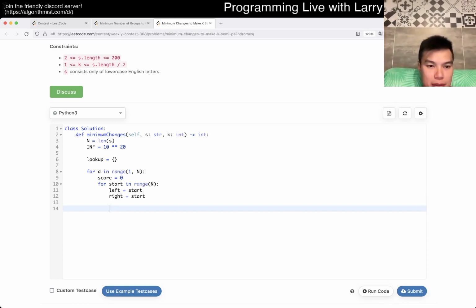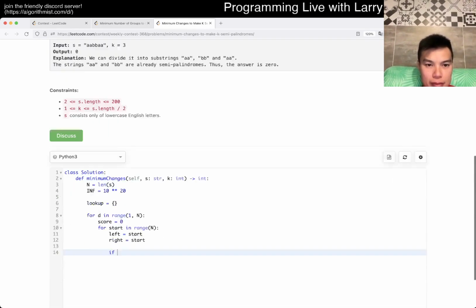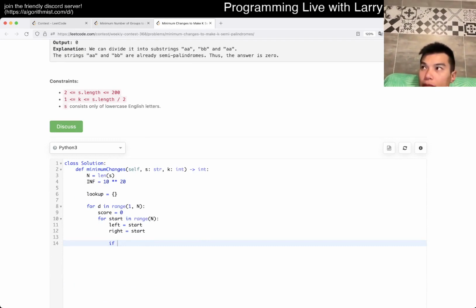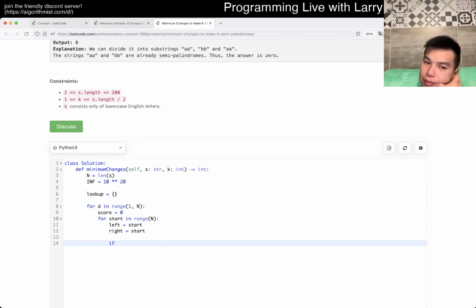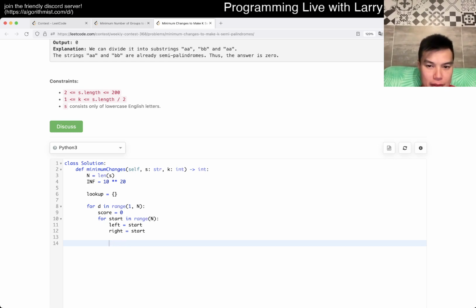Okay, let's see, right, so and then it just becomes shortest path in the DAG kind of thing, which that part is fine. Yeah, okay. This is hard. So okay, so okay, so right. Okay, and then now while length left is greater than 0 and right is less than n, then we go